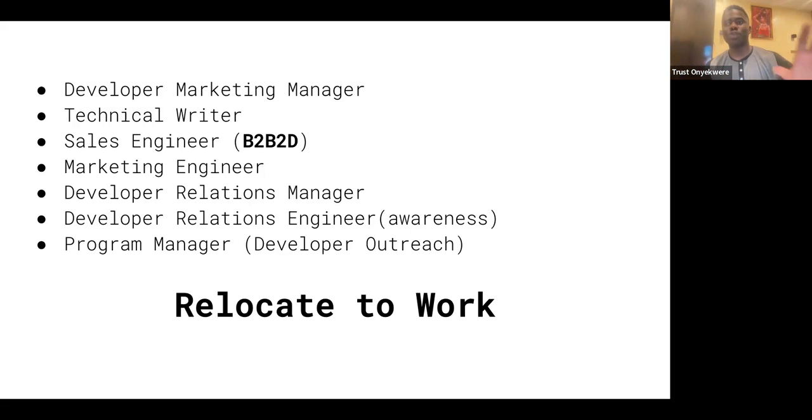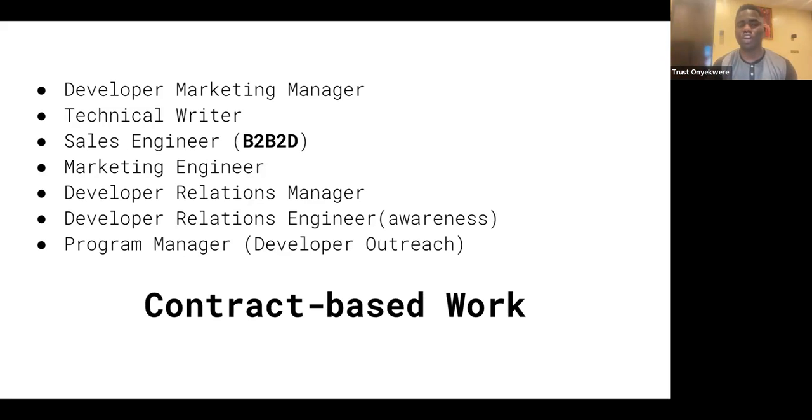Most people think that they only give you work visas, or relocation packages, only to those who code, engineers, but that's false, right? We have people who are also relocating with work who are not coders, and one of those is in the dev and development marketing space. You can choose to do contract-based work. What that means is you can choose to be a freelancer, right? You can choose to work 2 months, 3 months for a product, not full-time, paid hourly or in whatever payment method you choose. You can choose to work on a contract basis to promote the products across.